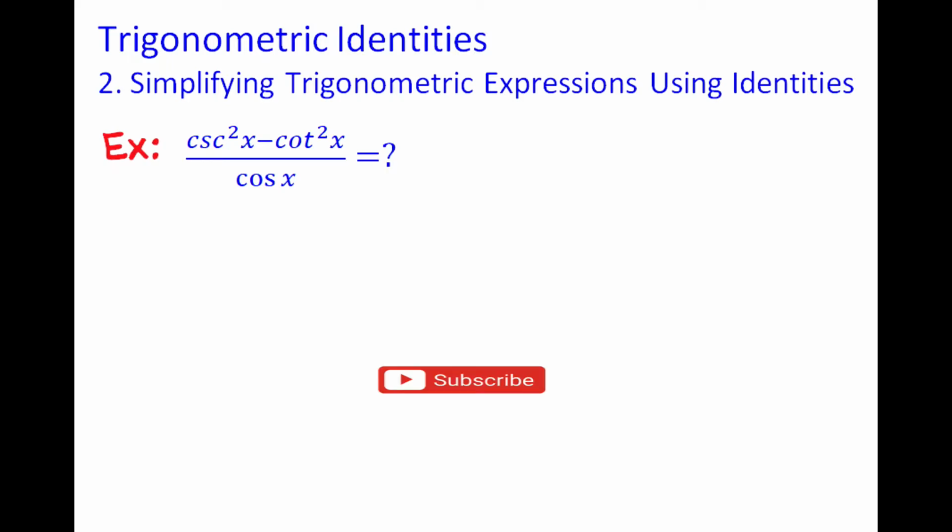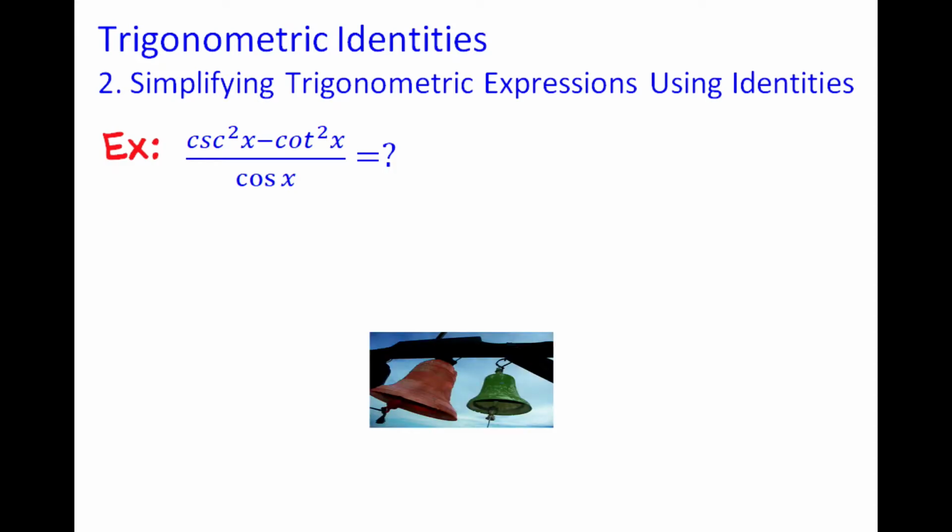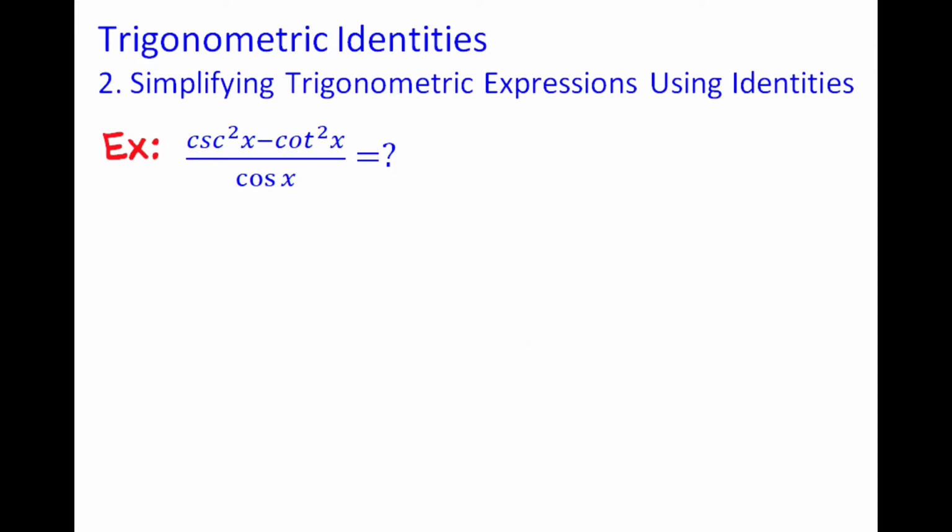We already learned our formulas in our first video. In this video, I'll be solving some questions about simplifying trigonometric expressions. And this is our first example. It says cosecant square x minus cotangent square x, divided by cosine x, is equal to